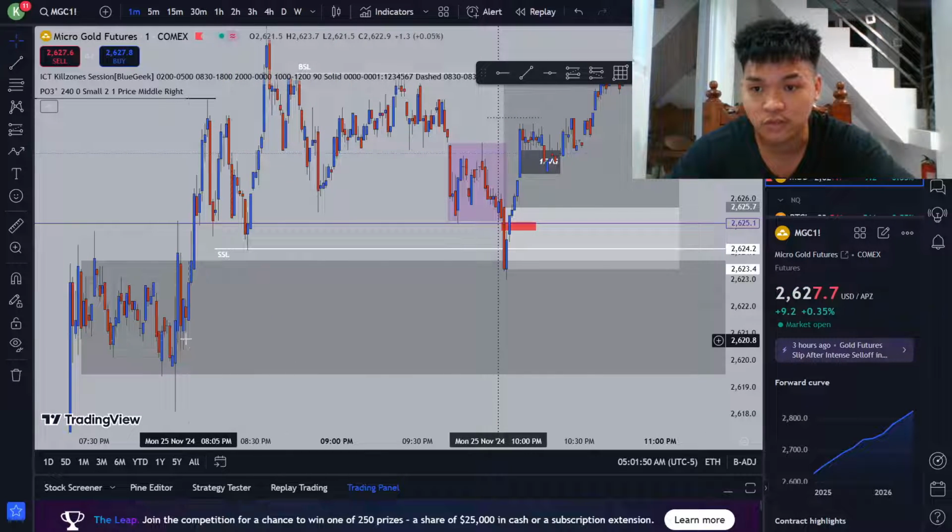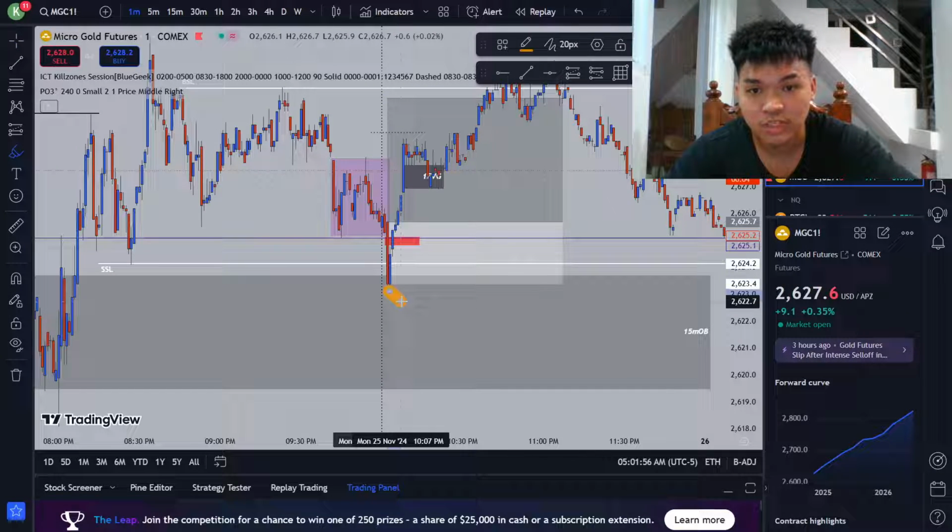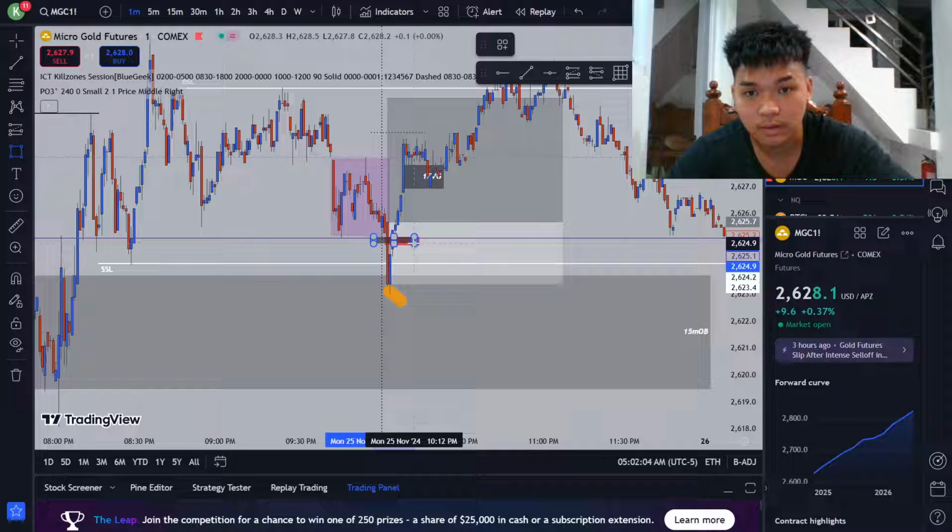In this case, we have this 15-minute order block, and then it taps on that. Rejected over here, swept liquidity, rejected, and once it broke this fair value gap right here,